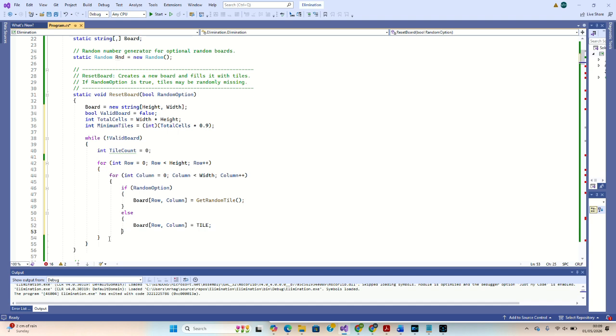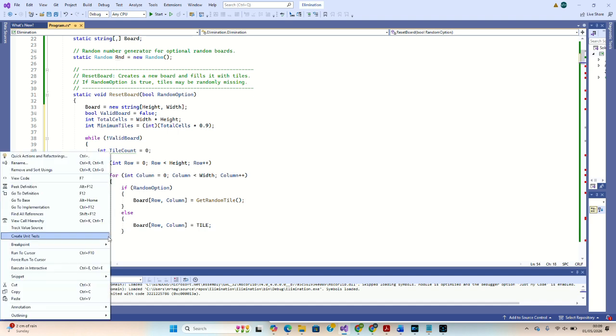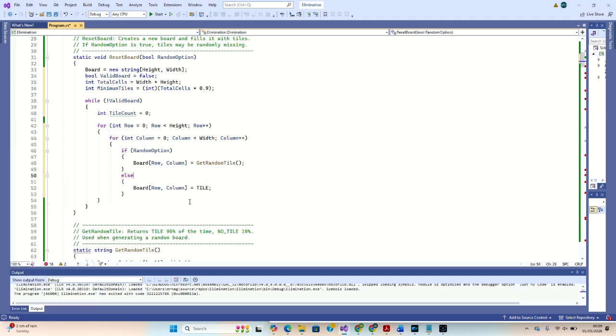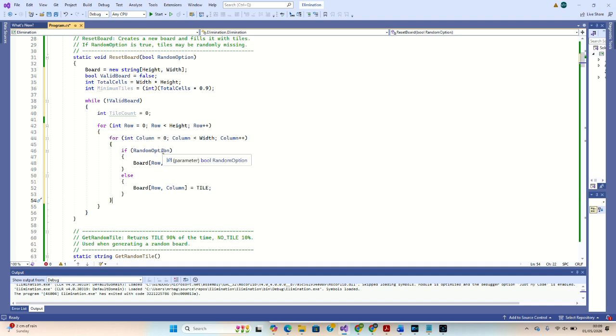Okay. And what I need to do is line up brackets. I've got one missing there. Okay. So we're going through the for loop. We're still going to check with the random option there. If it's a random option, we're going to get the random tile and populate the board row. Else, we're going to put a tile in it. Then at the end of that,